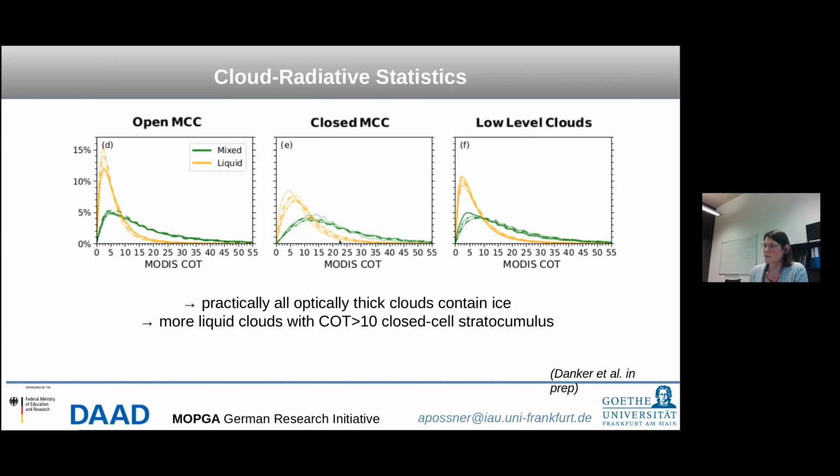So whereas all of these optical depths around 20 and 15, and these are really then practically opaque clouds, while all of these will already be generating ice in the open cell state, we still see them in the liquid state at these cloud optical depths. But otherwise, in terms of the general statistics, there's very little difference seen between open and closed cells.